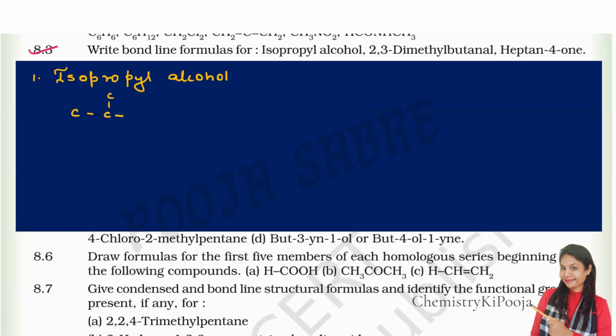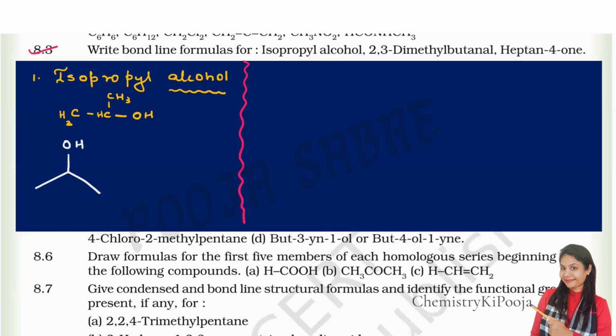So basically on the second carbon atom, there is the functional group present. So we have an OH group present over here, and then I'm going to balance it with hydrogen. So this is the structural formula. Now talking about the bond line formula, simply I'm going to draw the first carbon, second carbon, third carbon. On the second carbon, we have the OH group. I'll just write down here below, 1, 2, 3. And then on the second carbon, we have the OH group. Clear?